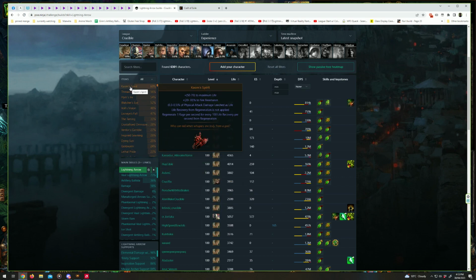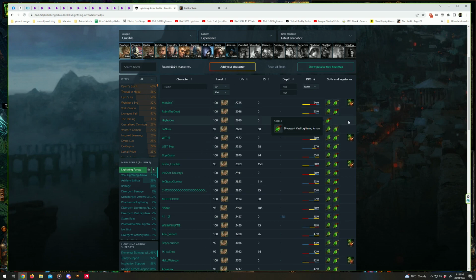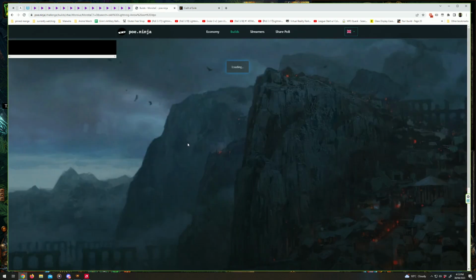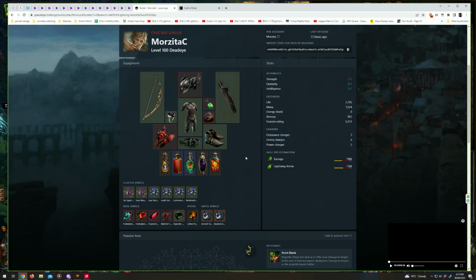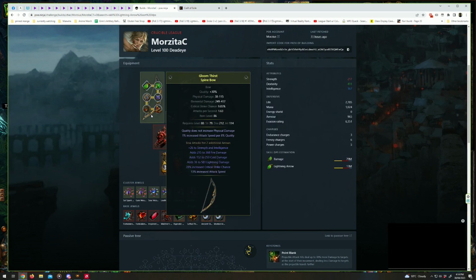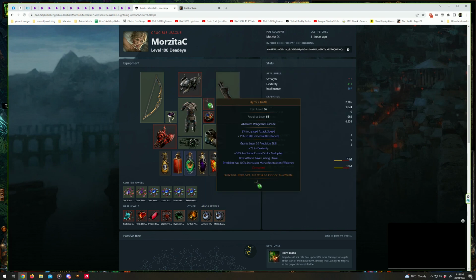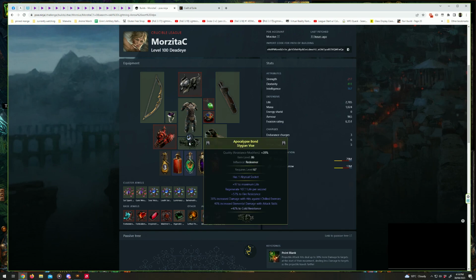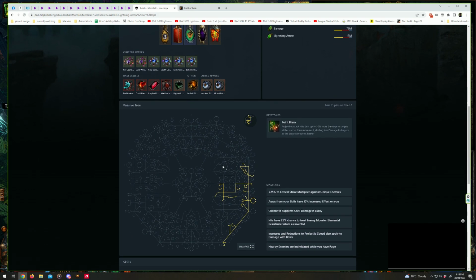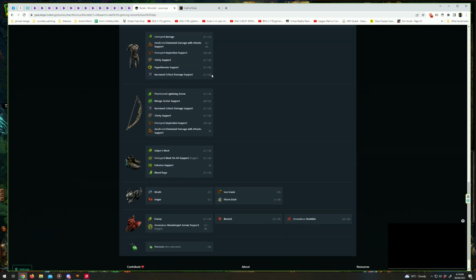So if you want to have a look and say, you're looking for the highest DPS Lightning Arrow build, they've got 79 million. Don't really know. Oh, that's a Barrage one. That's okay. But so they're using the Kaom's gloves. It shows you what their bow is, what their helmet, body armor, all of their various items, their cluster jewels. It gives you an overview of their skill tree, how they've got their gem links set up,